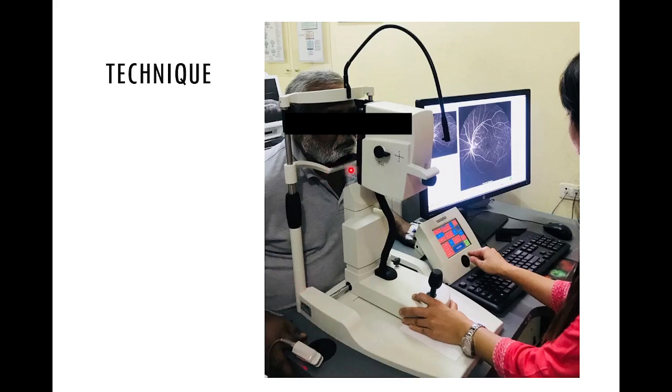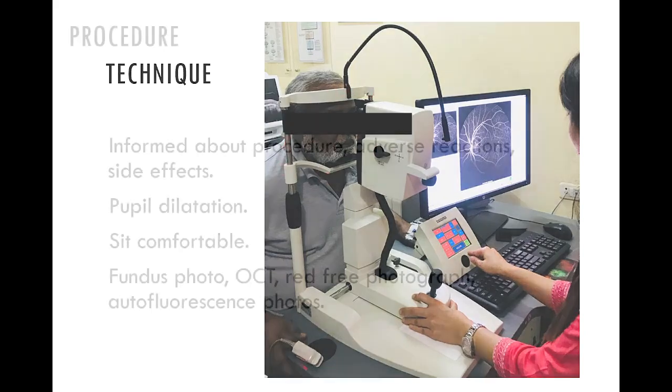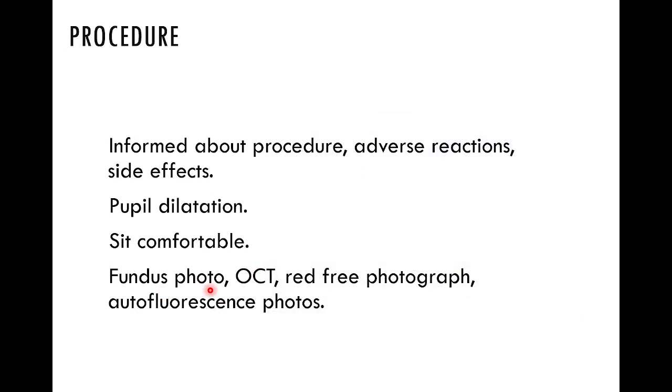And that's followed by, first we should take the photo of the patient's face. In the same machine we can take it, because sometimes medico-legally they may argue in future that this particular investigation is not this particular patient's. So always, all the procedures should start with the patient's face photo. That's followed by the fundus photo, because after fundus fluorescein angiography the retina picture may be greenish in color. So before starting the procedure we should take the fundus photo.